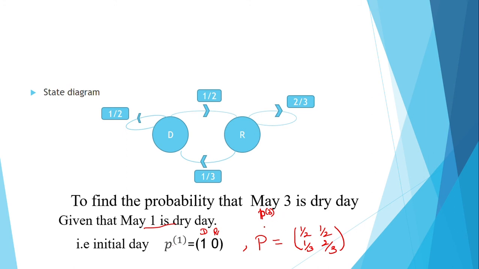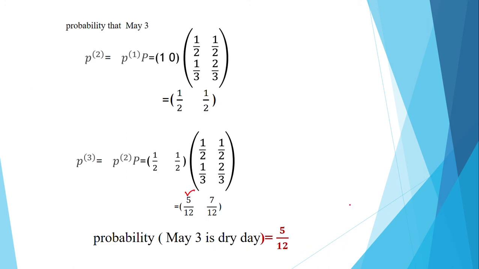So to find this P of 3 in sequence, you have to calculate P of 2. Let us move on to the calculation of P of 3 now. To calculate P of 3, first consider P of 2. We know that P of 2 is nothing but P of 1 into P. So write P of 1, 1, 0 and the transition probability matrix capital P. The product of these two is 1 by 2, 1 by 2 row vector.